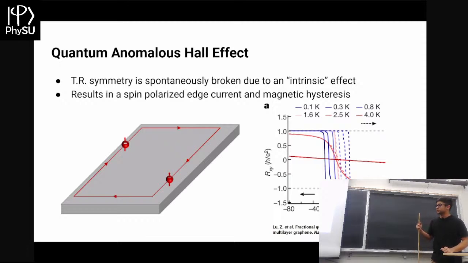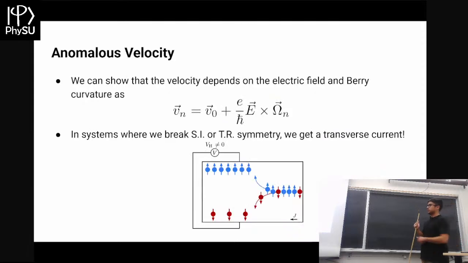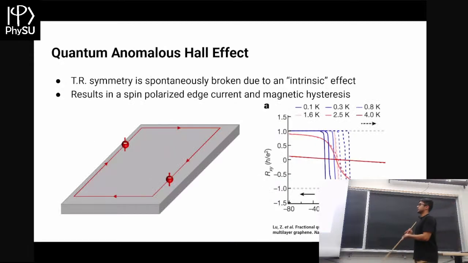In this case, what that means is, you can imagine, these spins are what we call time reversal partners. You can imagine a spin as a dipole, right? A magnetic dipole comes from a current loop. And if we turn the current around in the opposite direction, then you'll get the opposite magnetic moment, or the opposite spin. So this results in a spin polarized edge current. This current will flow in one direction. It's clear that if we had time reversal symmetry, there would be equal amounts going in the clockwise versus counterclockwise direction, but we don't, because we've broken time reversal symmetry.